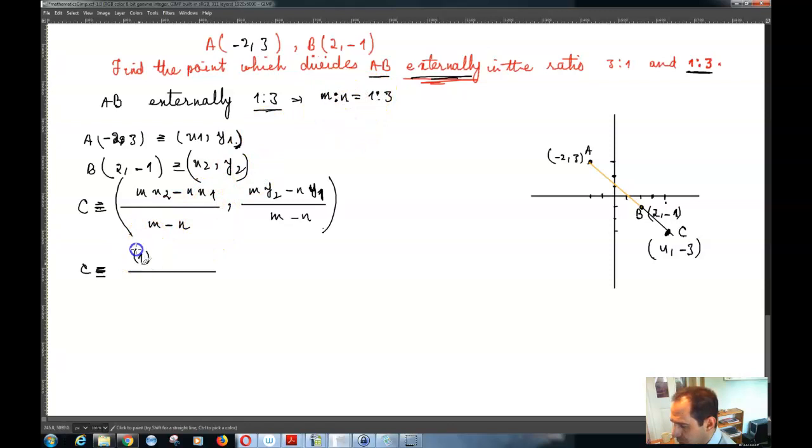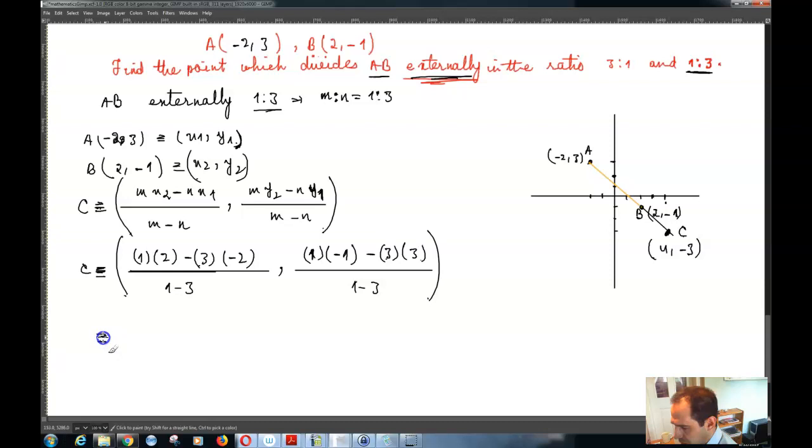So your m is equal to 1, mx2, so 1 times 2 minus nx1. nx1 would be 3 times x1, negative 2, over m minus n, which is 1 minus 3, and the other coordinate would be my2, so 1 times y2, which is negative 1, minus ny1, so n is equal to 3, and y1 is equal to 3, over m minus n. m minus n is equal to 1 minus 3,